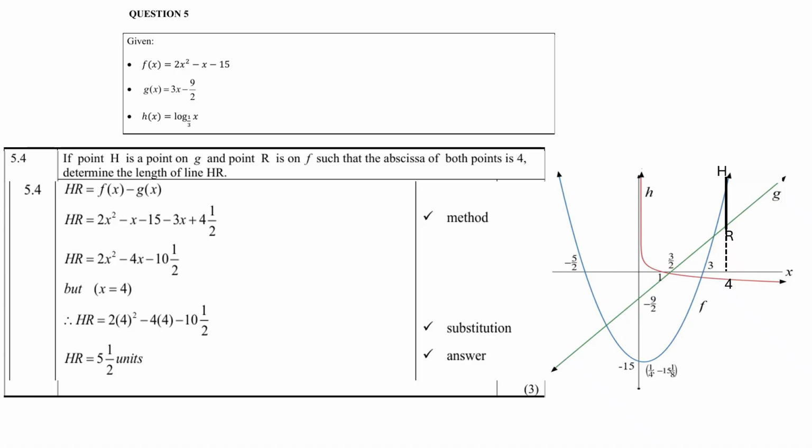Right. Now, to find distance between 2 points, you normally subtract the 2 graphs from each other. So it's the f of x minus the g of x. And then substitute f's formula into the f of x and the g's formula into the g of x. Be careful with minus g of x. Both signs will change. Then simplify, and then because the abscissa is 4, you can replace x with 4, and then you get the distance of HR is